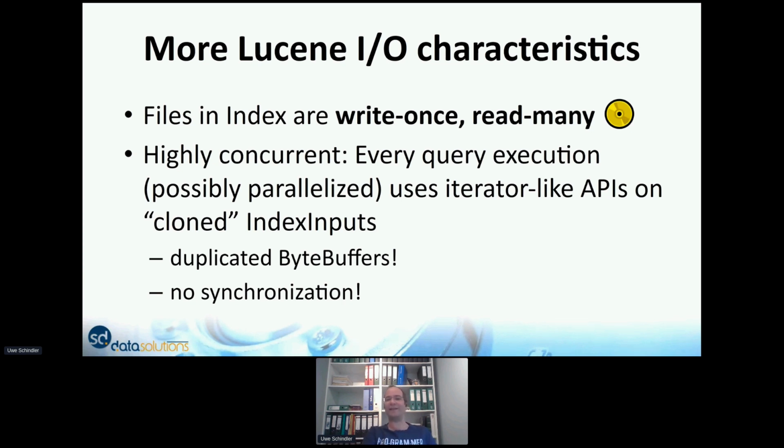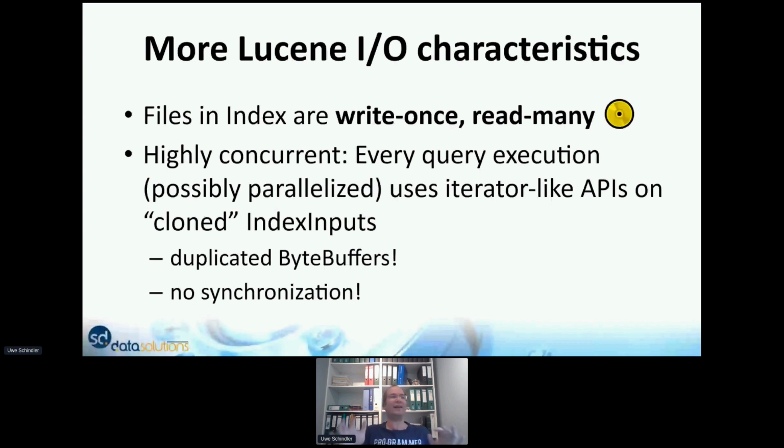All files in an index are write once and read many. So we never write to the same file on updates of the index. Whenever you have updates in an index, we create a new file or a new segment. For deletes it is sometimes a new file, so we write to new files. A file which was written to disk by the Lucene index using the output stream, as said before, never changes anymore. So in that case, we know for sure once we have memory mapped the file, it won't change anymore.